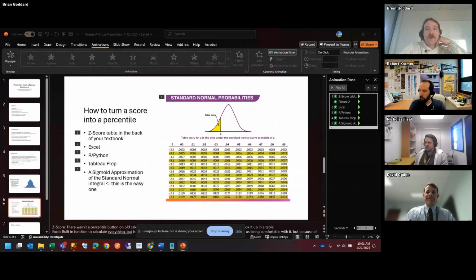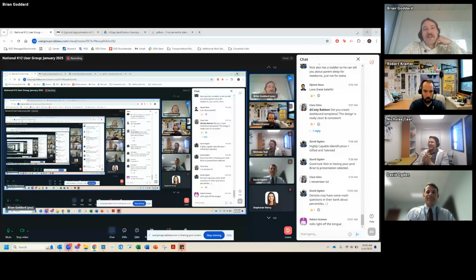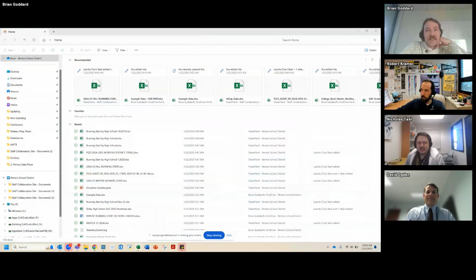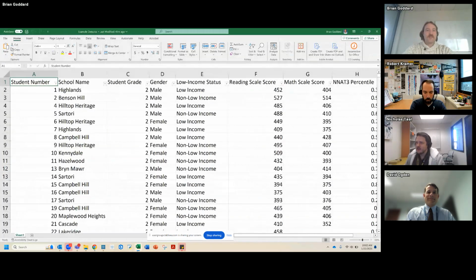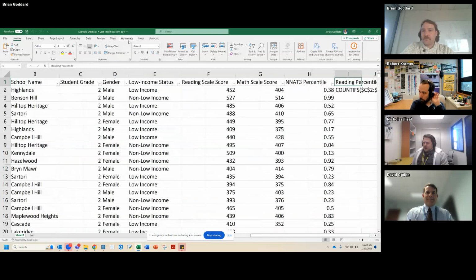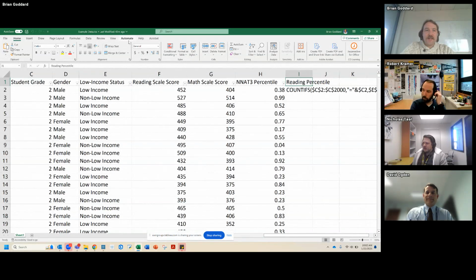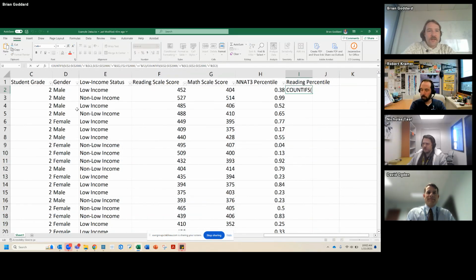Yep. All right. So, infinite regress. If I go over to the Excel, I just have a quick mock data set here. To calculate a percentile, and in this case I'm trying to calculate a percentile taking into account grouping by income status, you end up with this fairly long calculation